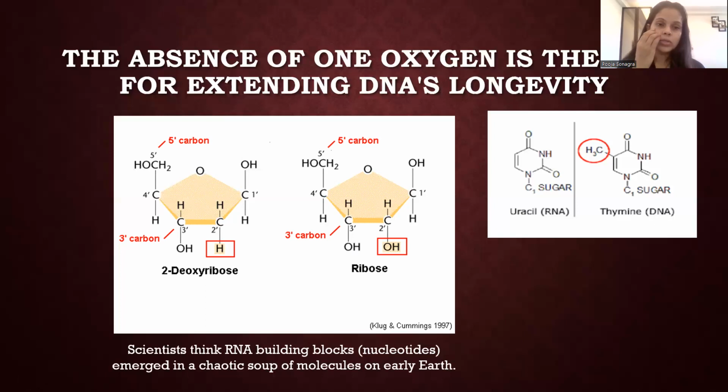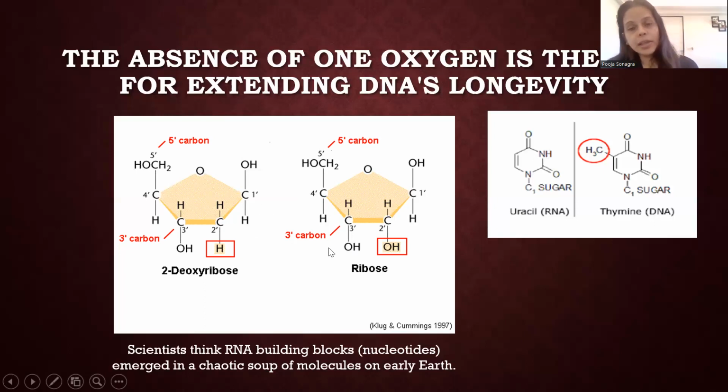deoxyribonucleic acid. Okay, so nucleic acid because it is always going to be seen in the nucleus, and acid because the phosphate in the backbone contributes to the presence of an acidic molecule within the DNA. So this is the major difference between RNA and DNA. In DNA, the sugar that is present is always 2-deoxyribose sugar, and in RNA, which we call ribonucleic acid, there is a hydroxyl group present at the second position. So this is one specific